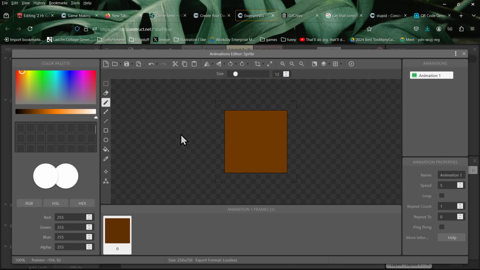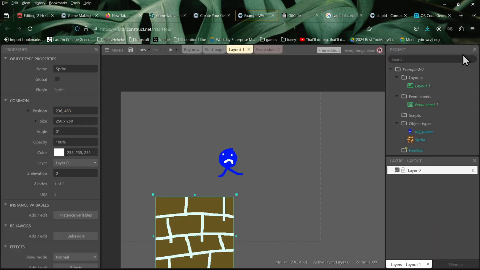But I would also recommend, if you're making any kind of platformer in this engine, it's pretty useful just having a generic color, right? You don't need to detail it. And then what I would recommend is maybe after the fact, putting the graphics on top of where all the hitboxes are. But I'll just have this for now.